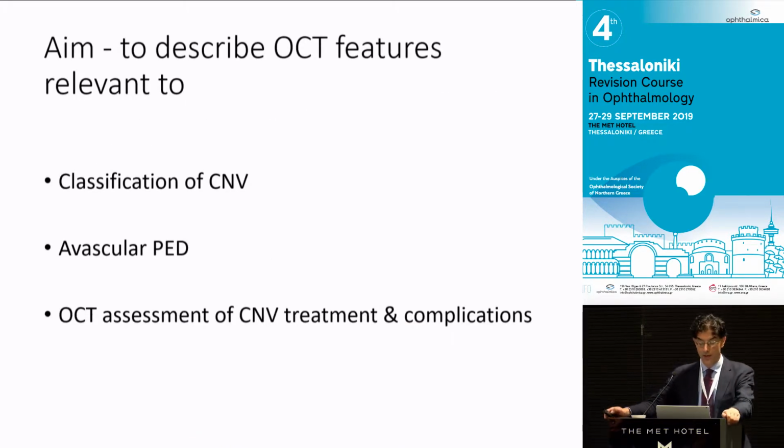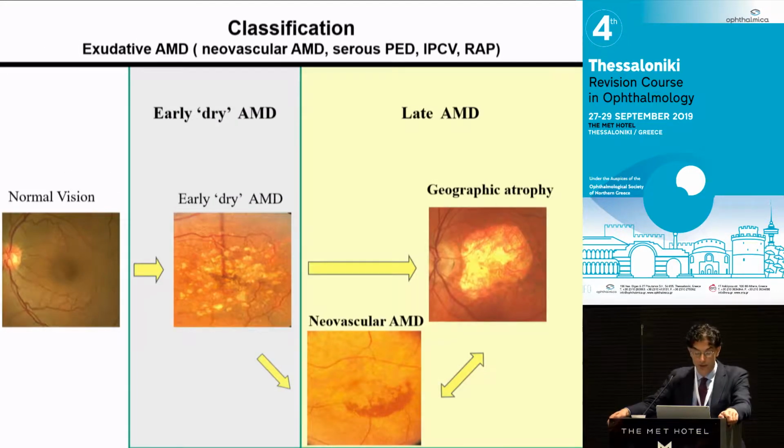So I'm going to talk about the features to help classify the type of choroidal neovascularization you have, different forms of pigment epithelial detachments, and how you use those imaging modalities to help in your management and retreatment decisions of your patients. And so we're all aware that age-related macular degeneration is still the commonest cause of poor vision in